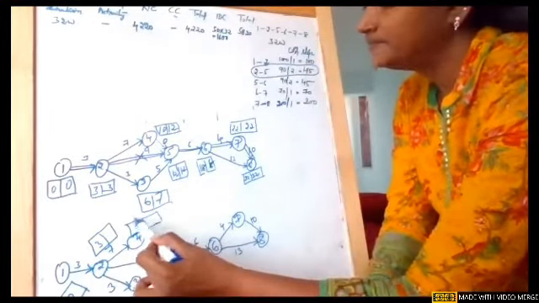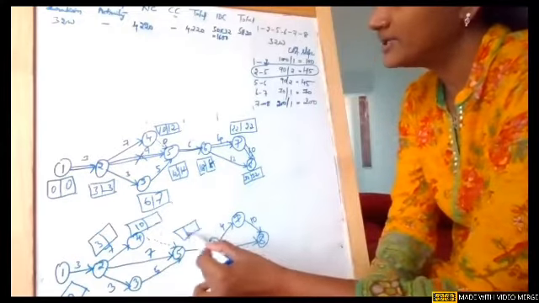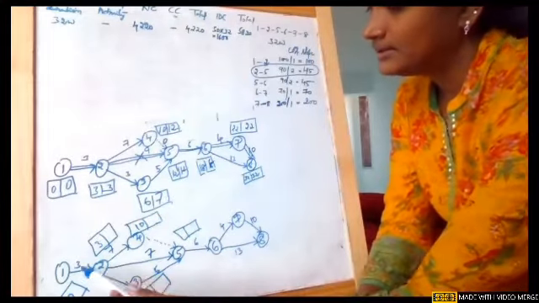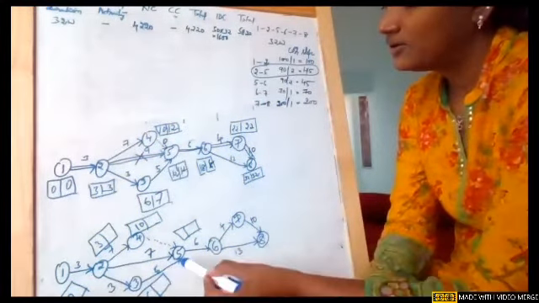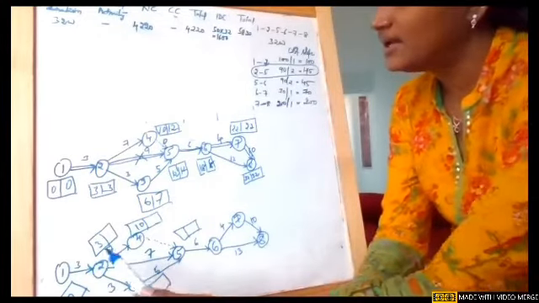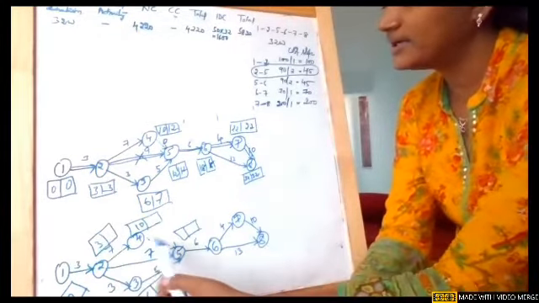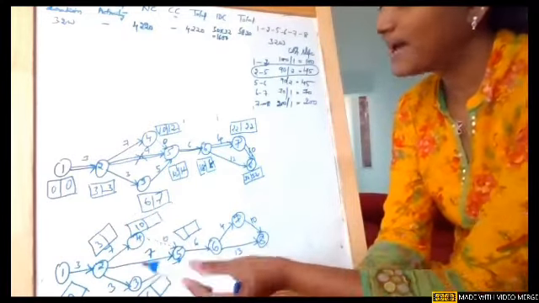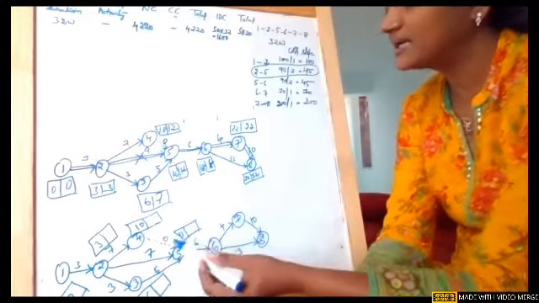7, which is 10. Node 5 is having 3 arrowheads, ignore. Node 3, 3 plus 3, 6. Now node 5, the 3 arrowheads: one arrowhead is giving 6 plus 5, 11. The other arrowhead is giving 3 plus 7, 10. One more arrowhead is giving 10 plus 0, 10. So the maximum value is 11. So I just picked 11.